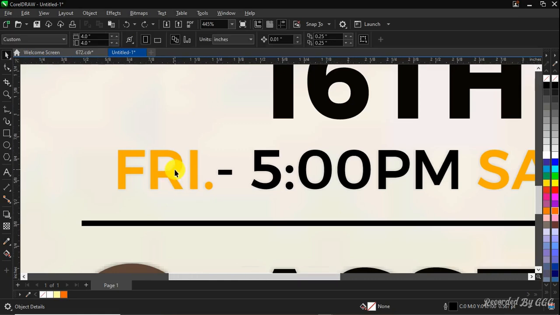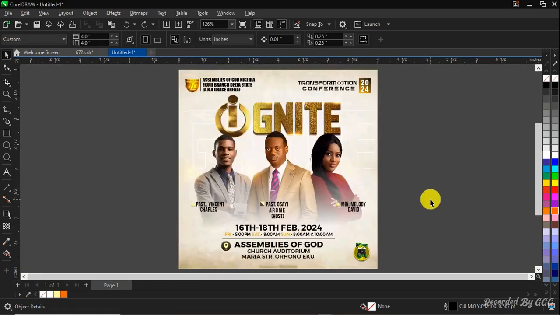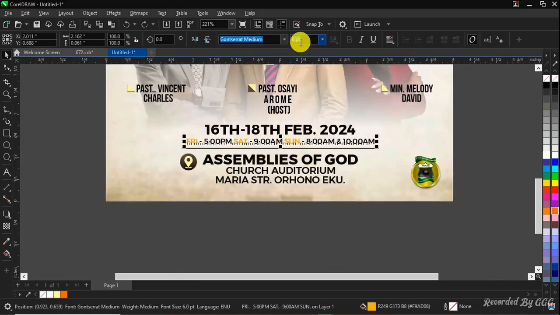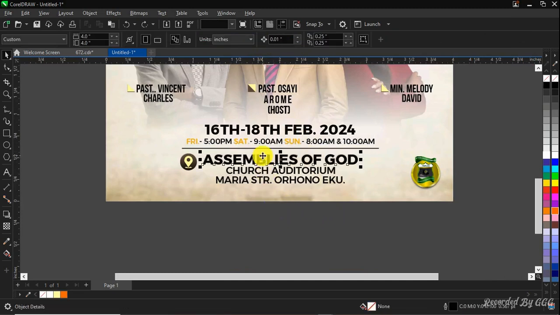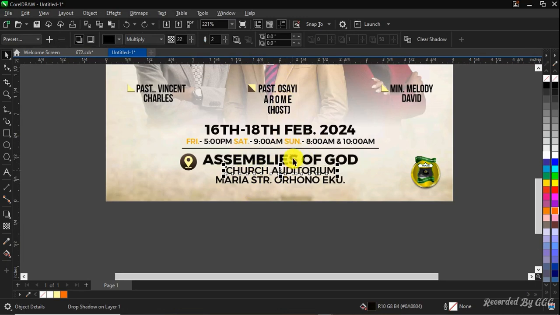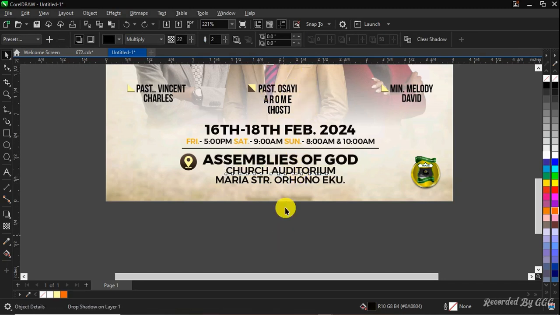Just apply it on each place. You know what to do, guys. Yes, you know what to do. Okay, and the font size is 6pt. Assemblies of God, Church of Deuteron. Look at the font size. This one is uppercase 12pt. This, let's see,